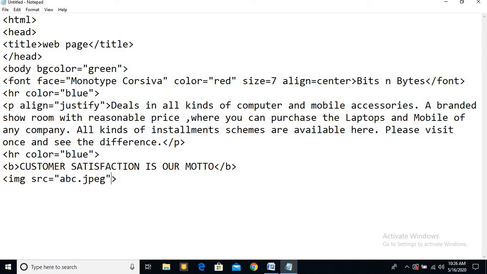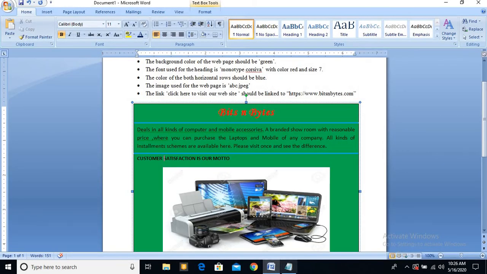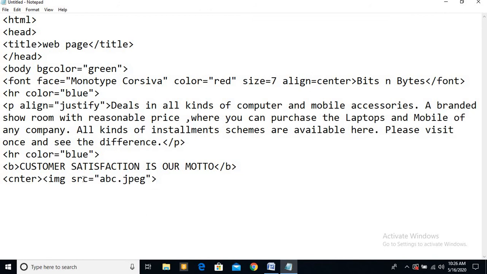But remember, if you want to make the image in the center of the web page, the align attribute will not work. Like in font, align works, in h1 also align will work, in hr also align will work. But if you want to make the image in the center of the web page, then align attribute will not work. So before that you have to give center tag, that this image has to be centered. If you see in the design, it is in the center. So for that I use center tag, then the image tag, then you have to close the center. That's it. Okay. Now you see bete,